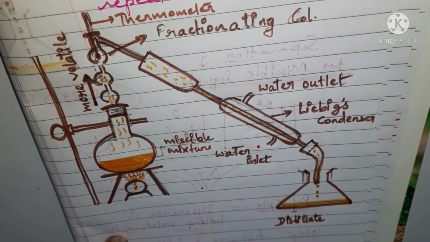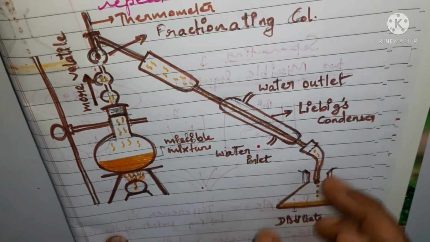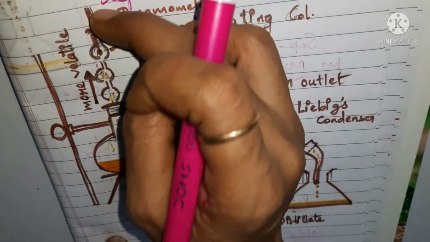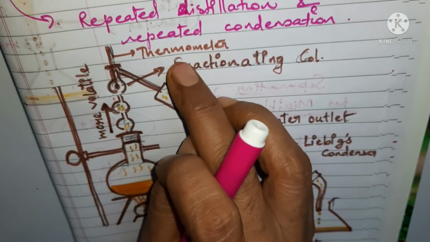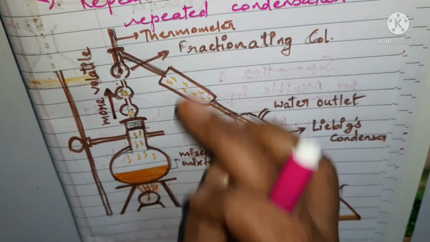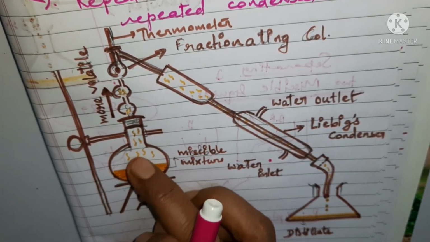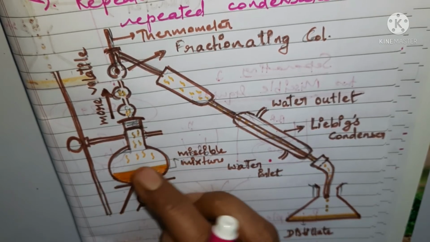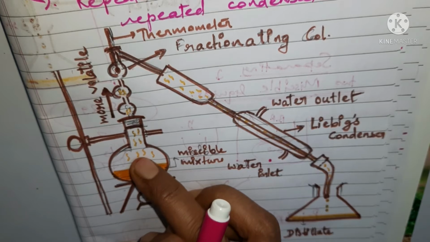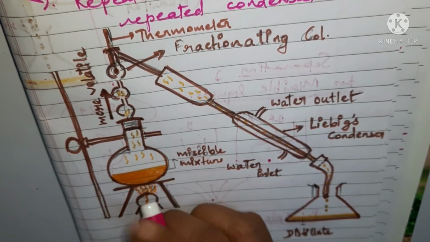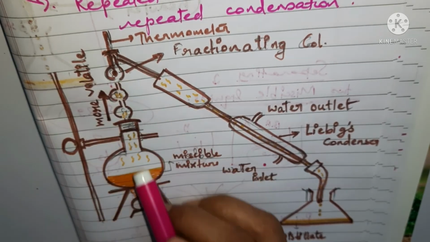Then after this, again you are going to remove this, take another flask, and put it here. You can see there is a thermometer placed here. This thermometer is placed to check the temperature so that you can increase the temperature as soon as all the vapor of the first liquid, since there are two liquids we have taken in this example, two out of two liquids, when the vapor of this first liquid is there, you will check the temperature first, and once all